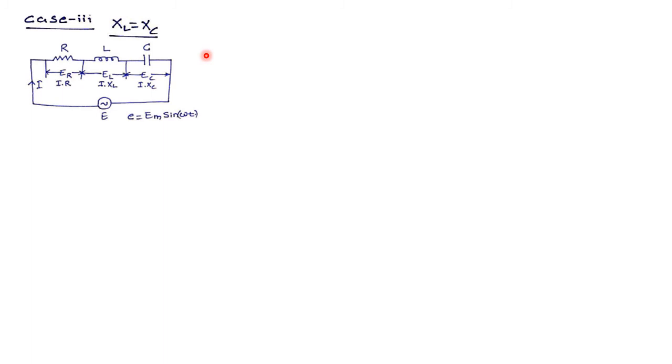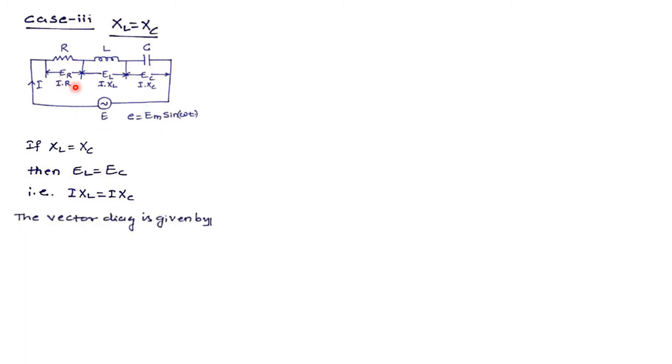Now considering case 3, the same circuit RLC with E equal to Em sin omega t, that is taking the initial phase angle of voltage to be 0 degrees. Now if XL is equal to XC, a point where the inductive reactance is equal to capacitive reactance, then what happens? My EL will be equal to EC, or I into XL will be equal to I into XC. So when I draw the phasor diagram for this circuit,